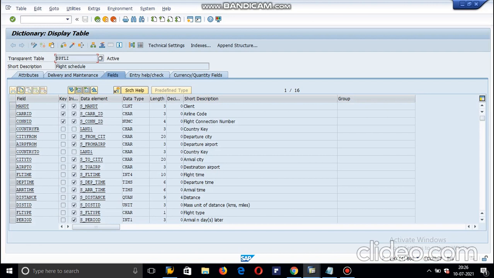This is a very simple requirement; as per your business requirement, you can change the fields and fetch the records accordingly.